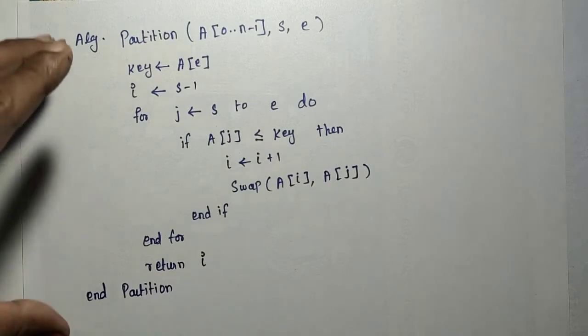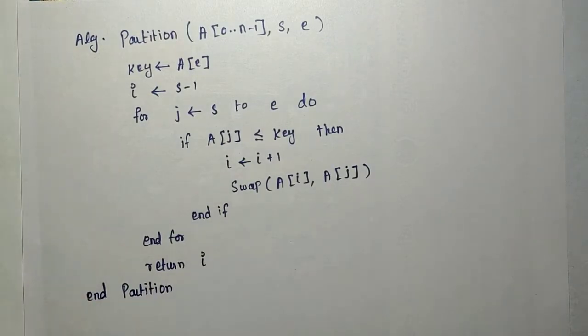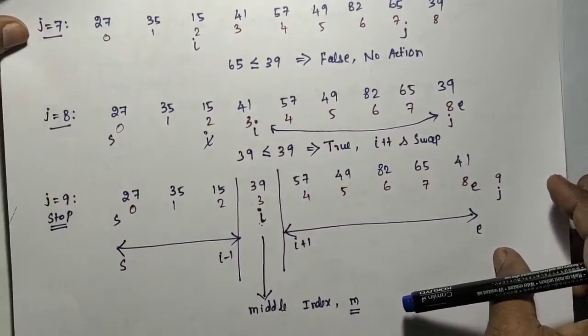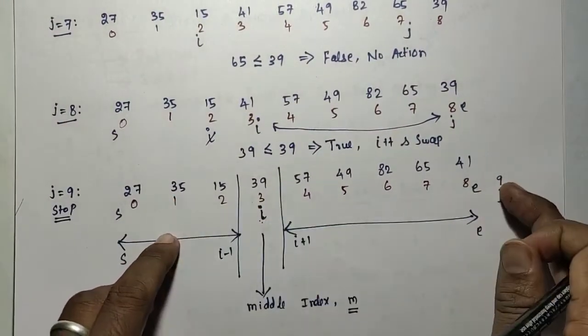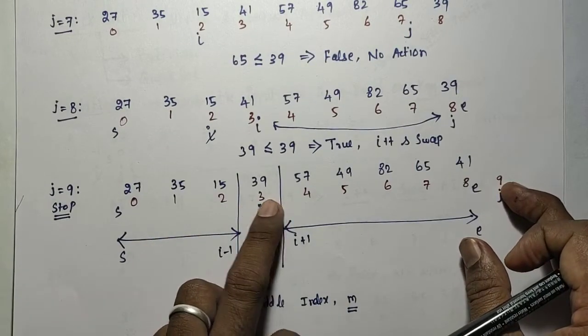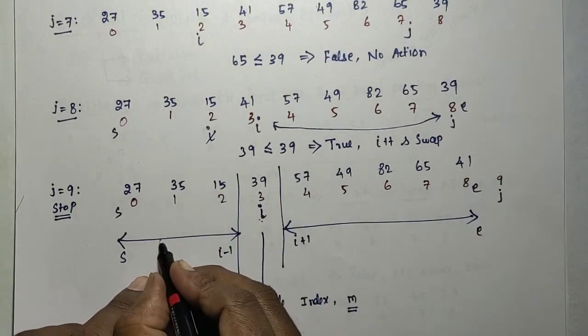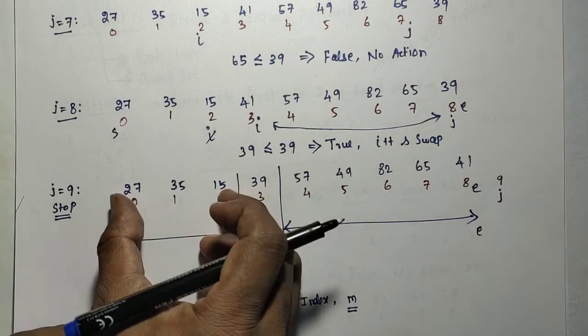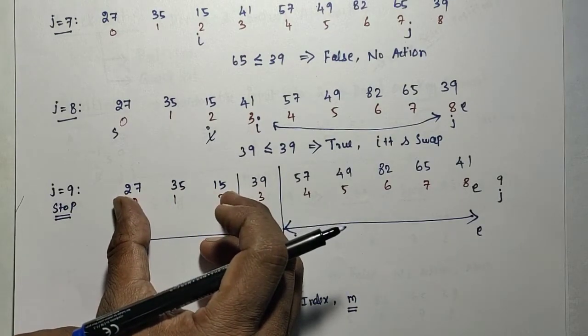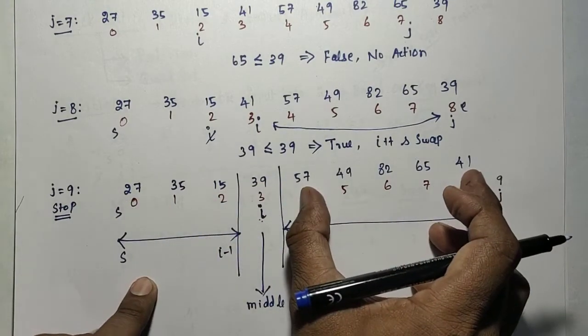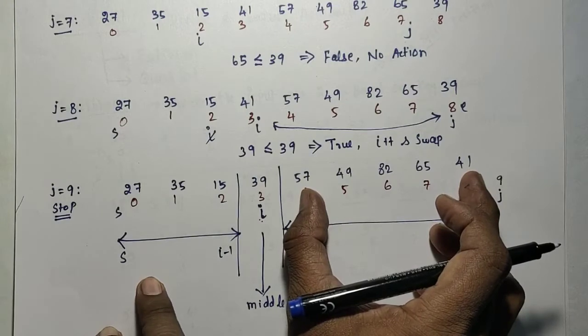Okay, so this is the partition algorithm, which will be used as a part of the quicksort algorithm. This is not completely sorting, only one element is sorted. So again I need to apply the same: these elements need to be sorted by using quicksort, and those elements need to be sorted by using quicksort.